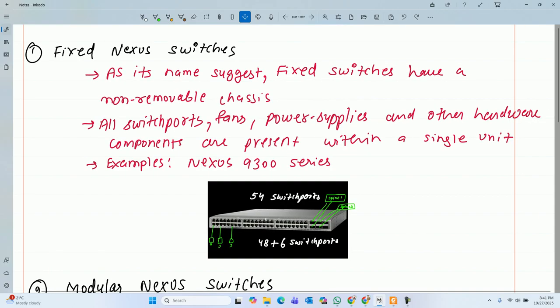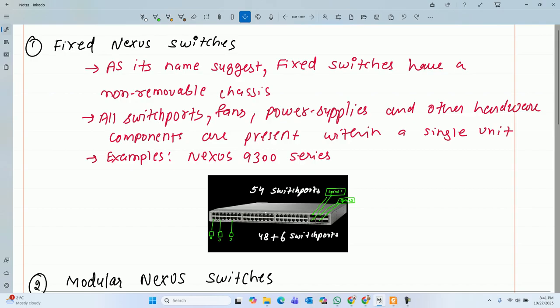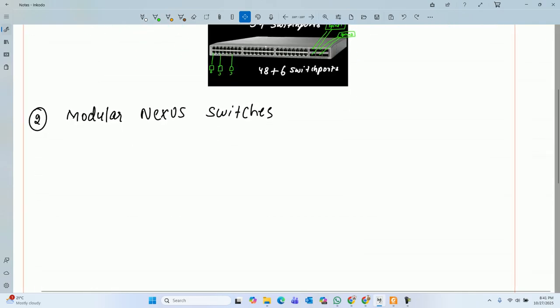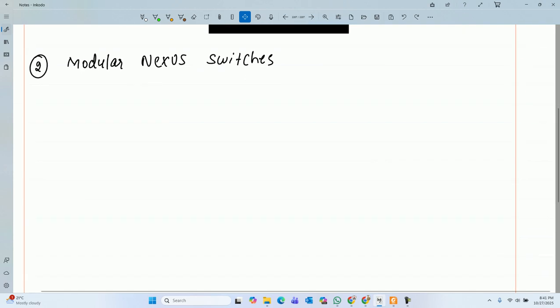Hello? Okay. But this is a fixed module switch or fixed Nexus switches. We can't make changes in this. Then when it comes to modular chassis, modular Nexus switches, in modular Nexus switches, we have the switches which have